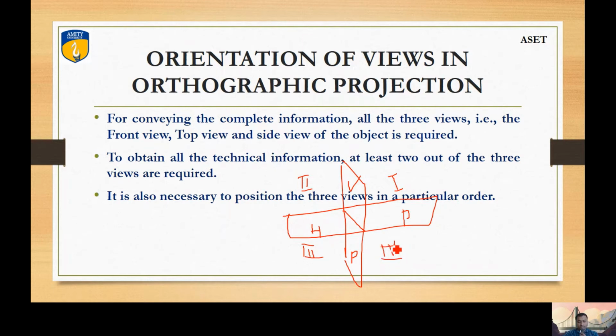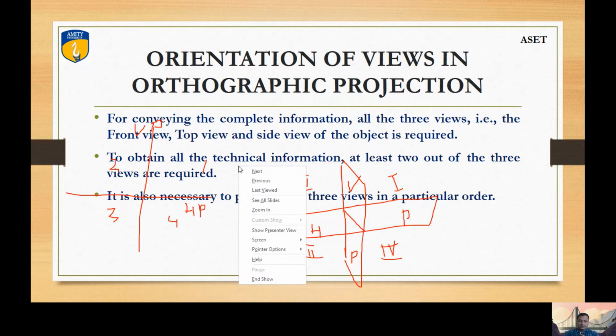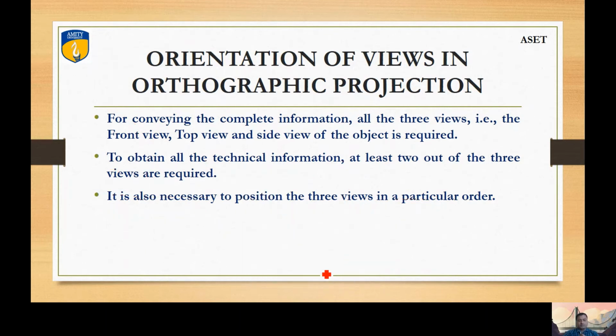As we have all gone through in maths also, if this is my y-axis and this is my x-axis, this is the first quadrant, second, third, and fourth. Similarly, if I correlate it in orthographic, this is my vertical plane and this is my horizontal plane. You can see there are four quadrants appearing in orthographic also. Here I will not use the word quadrant, because that is not the correct word in drawing; I will use another word, angle.